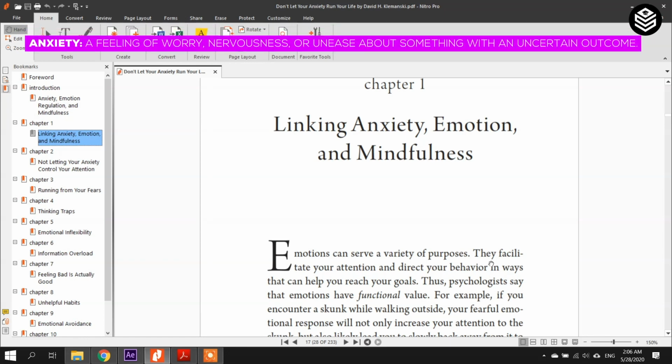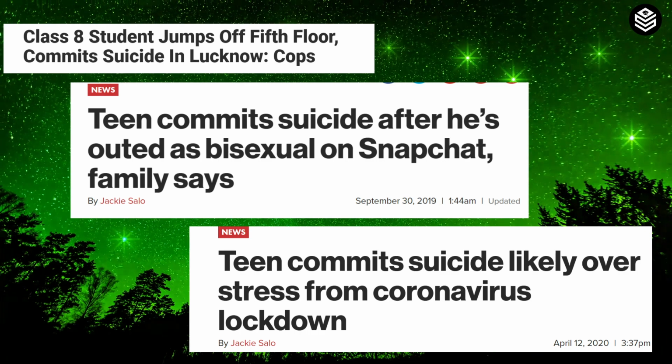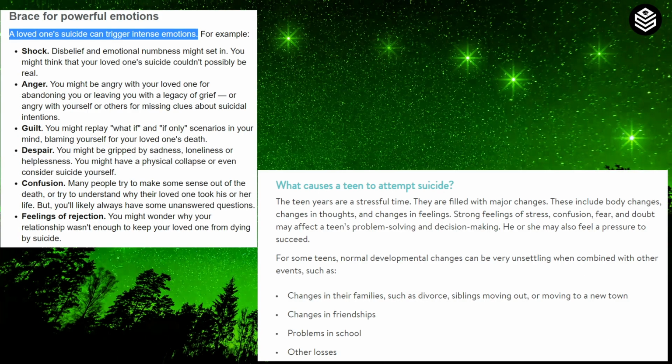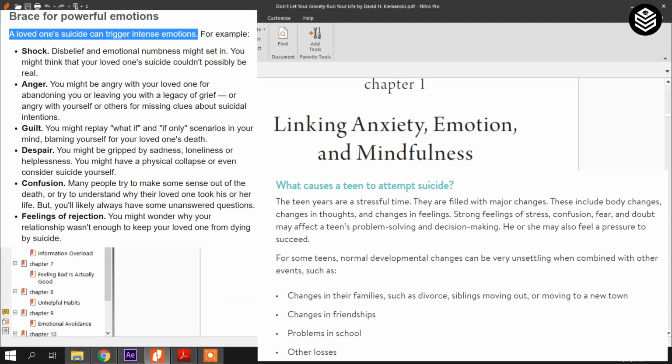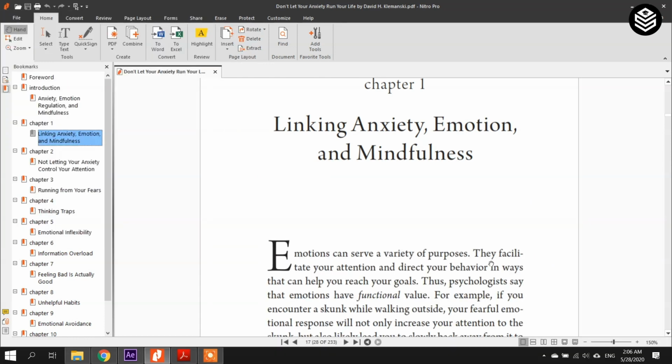We might have heard news about a student who committed suicide due to failure in an exam. A student committed suicide because the teacher blamed him. Even a student committed suicide after bullying by other students. A teen committed suicide because of a relationship failure. Parents committed suicide after their son died. A family committed suicide because of a family problem or a loan problem. So these sorts of things all